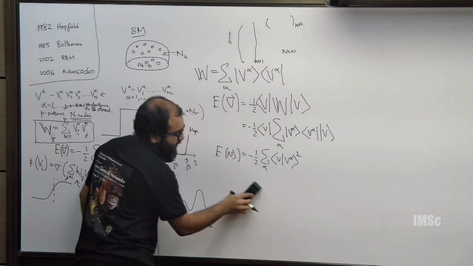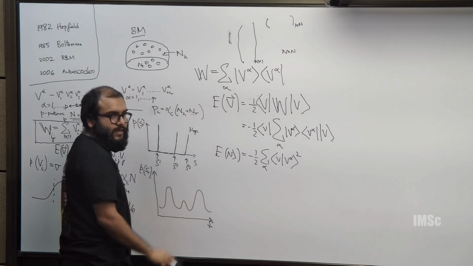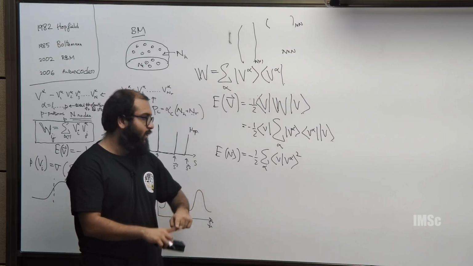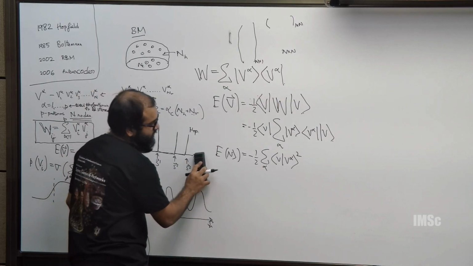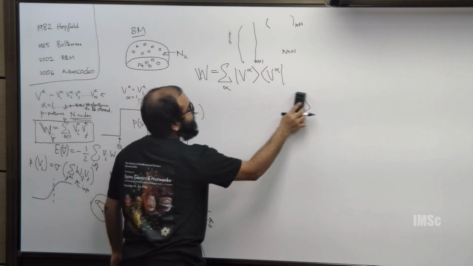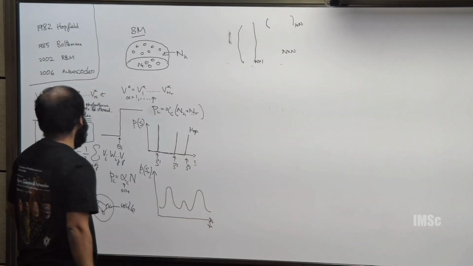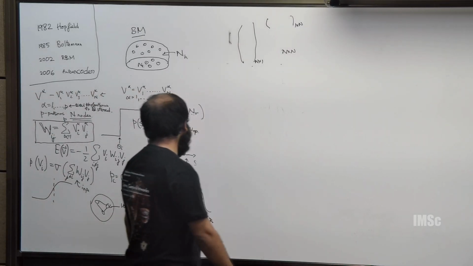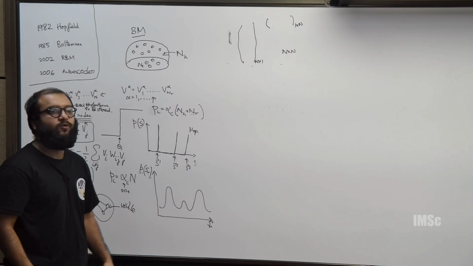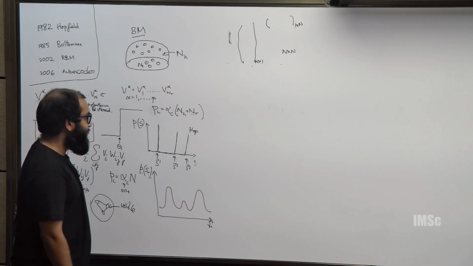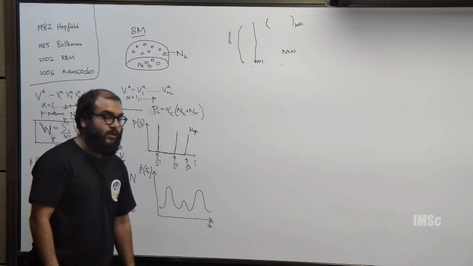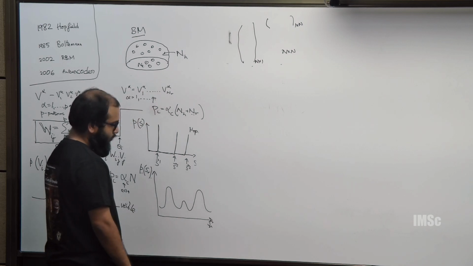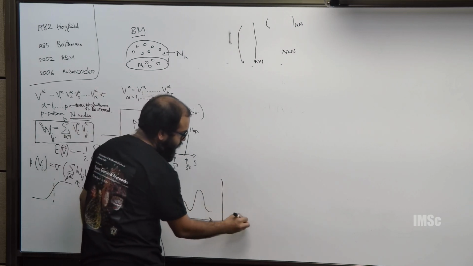So I hope you can appreciate the fact that this will give you the least energy when V is equal to V alpha. When V is not equal to V alpha, you have terms cancelling out and the energy will be higher. So this was this beautiful intuition of Hopfield, and he came up with this one-shot learning rule, right? But that is a one-shot learning rule. How can you learn a probability distribution with a one-shot learning rule? You can do continuous sampling, but instead what Boltzmann machine does, or what Hinton proposed, is instead of doing a one-shot learning rule, is there any way to compare